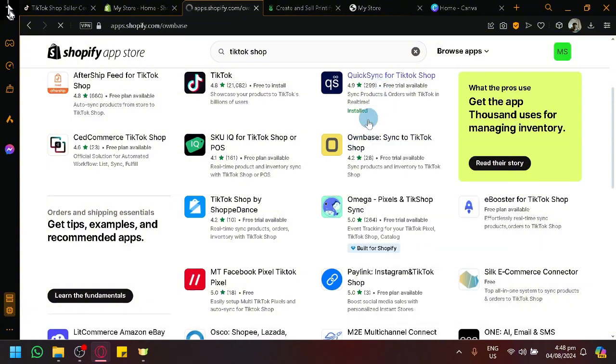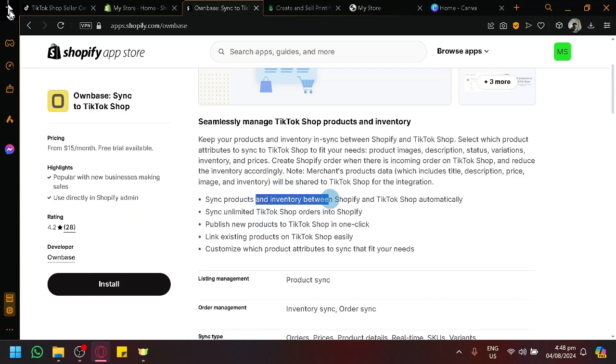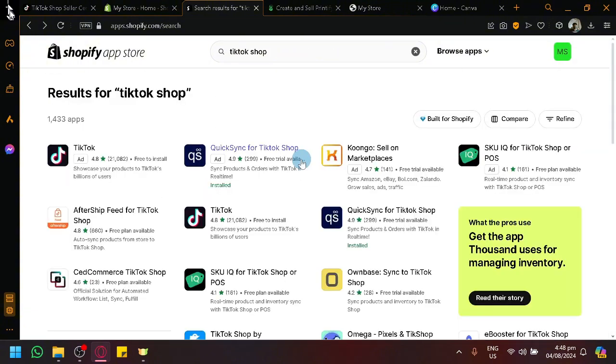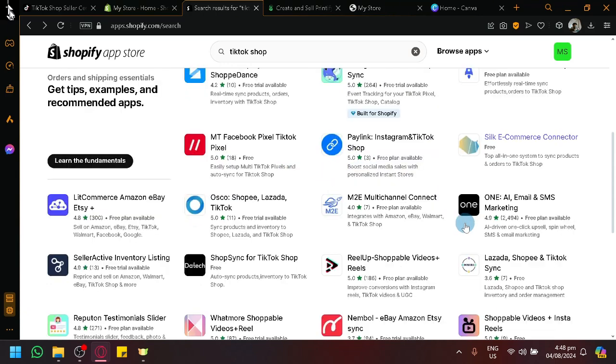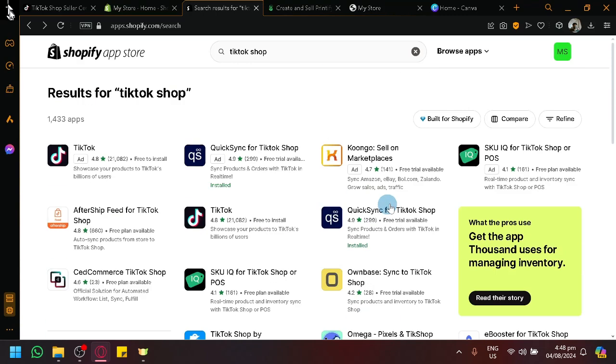We have QuickSync. As you can see, Onbase basically allows us to sync products and inventory between Shopify and TikTok Shop automatically. Similarly with QuickSync. Although the thing that I don't like about this is that most of these options are paid, and I would need to have a plan for me to access them. But there are free trials that you guys could check out, and I think there are some options over here